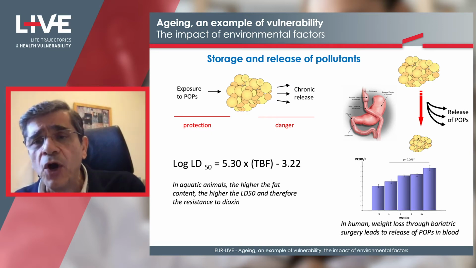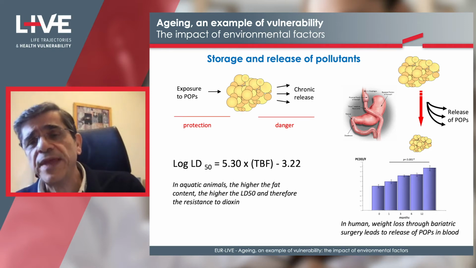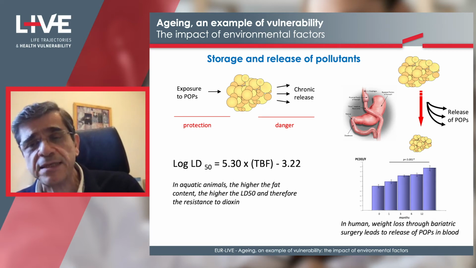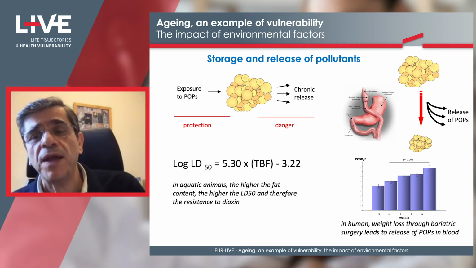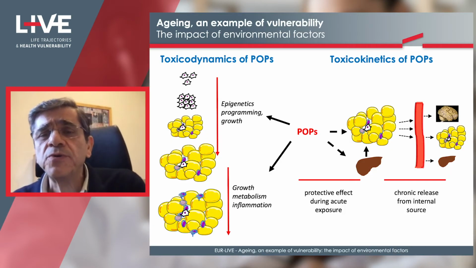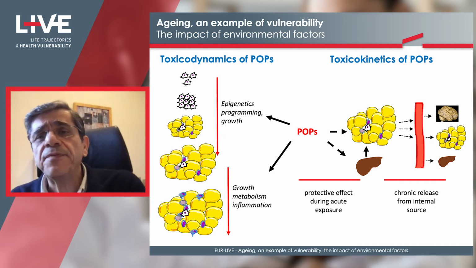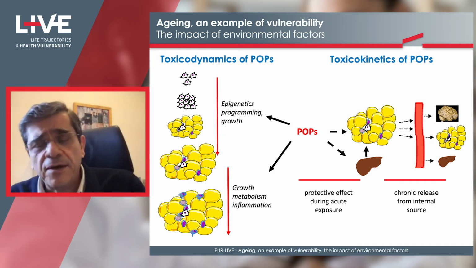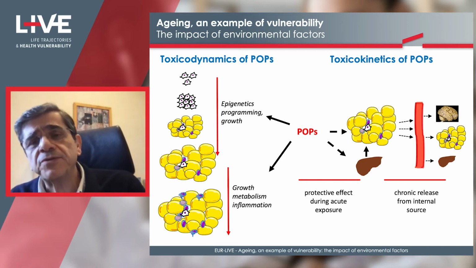And what we show below is that when they lose adipose tissue, there is an increase in the amount of some pollutants in the blood. So they have released these pollutants in the blood. When you lose adipose tissue, you release pollutants in the blood. And we have also shown that it has some effects on, for example, liver biology. So to conclude, we can see that there is a strong interaction between adipose tissue and the pollutants, and particularly